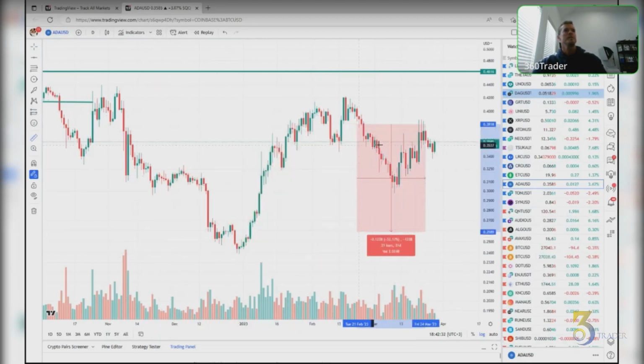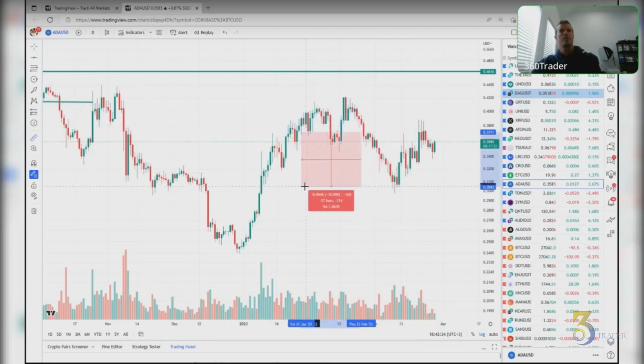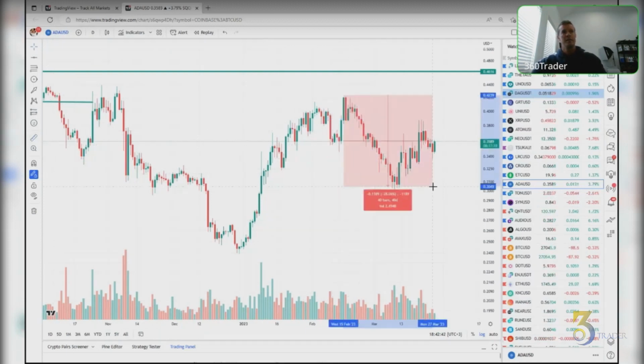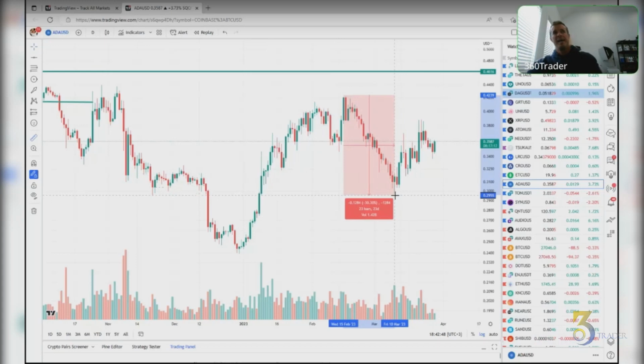So let's do from, so you got to put it at your starting point. Hold on one second. So you grab your ruler, you go to the starting point, left click, and then you drag it. So from here to here, that is a 23-day move, and that is a 30% drop. See how I got that information? Just with that nice ruler tool. So I use that all the time. I use it a lot.